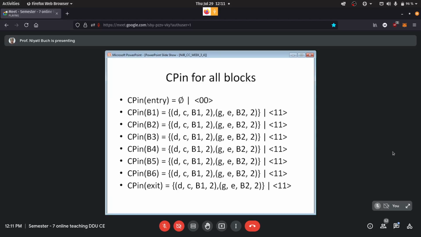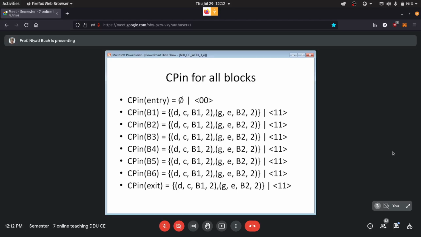Here I have given the set notation as well as the vector notation, because if you look for some other examples of copy propagation, both these notations are quite useful, so you may find them. That is why, for your convenience, both notations are shown over here. Union means both the elements will go for B1, B2, B3, B4 up to exit.